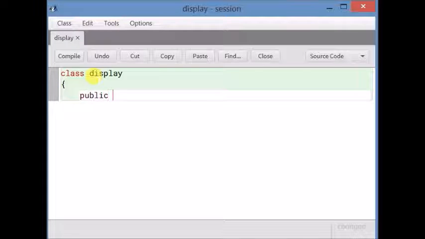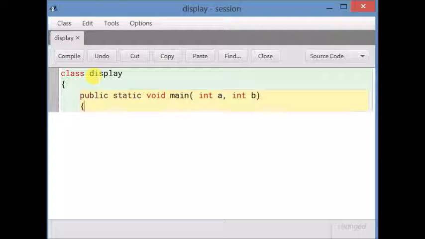Here public static void main. Inside main we will not be writing String args. We will be writing the number of arguments we are passing. So int a, int b, two arguments I am passing from here. That will be accepting the value during the runtime. Now int sum equals 0.